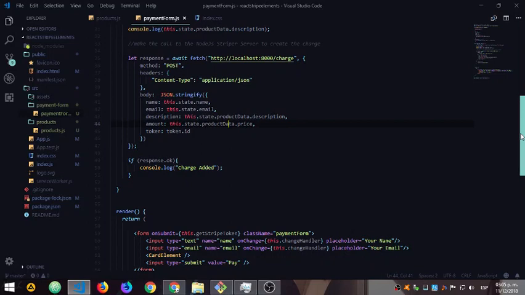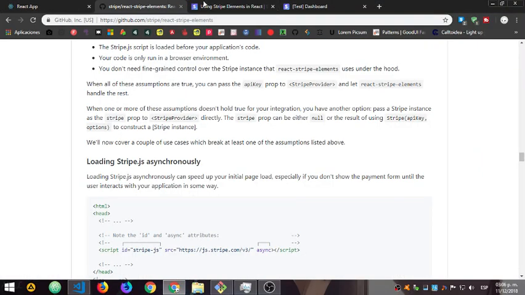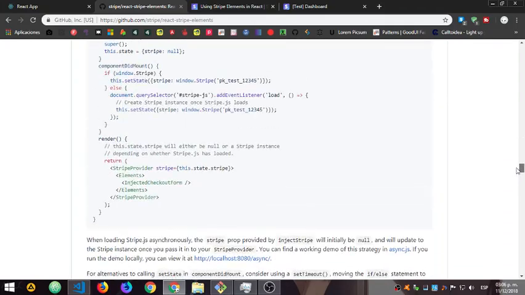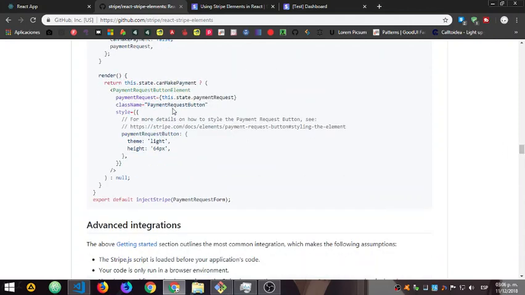And so I'd rather use that than figuring out how to use all these elements. Of course, these elements are here for a reason, but to show you that you can get your data without having to use all these elements, this payment request,